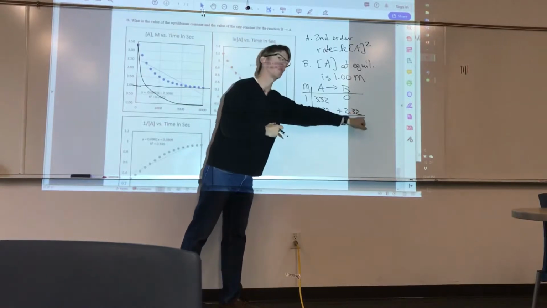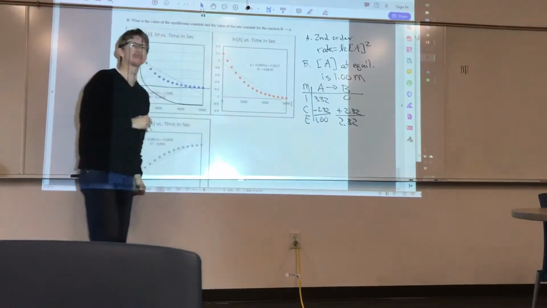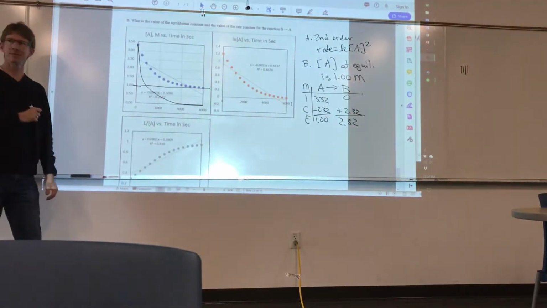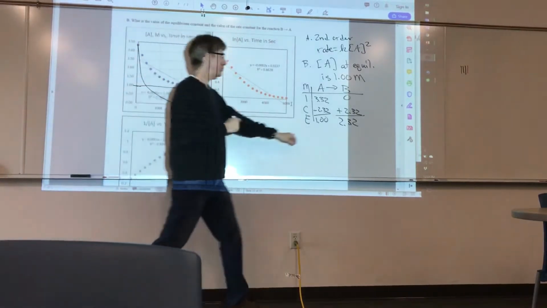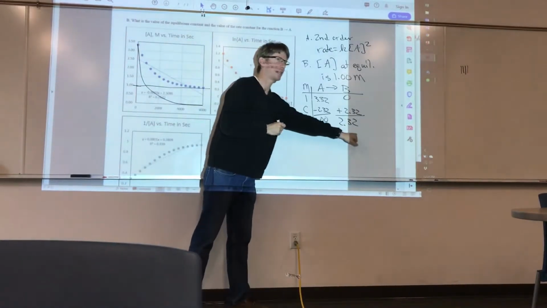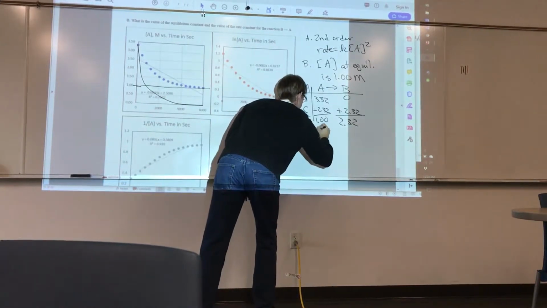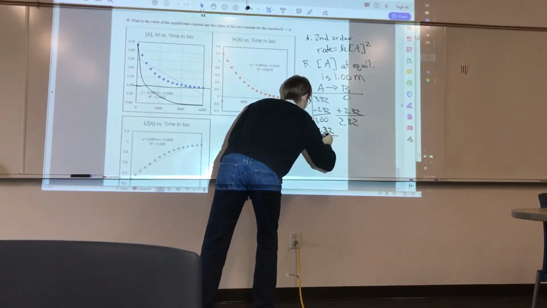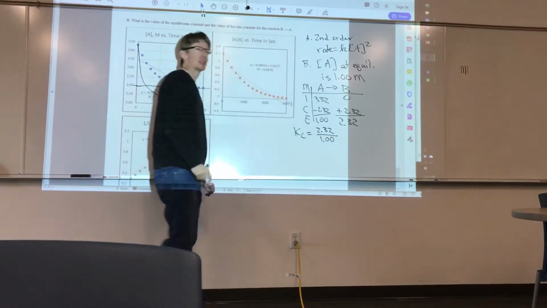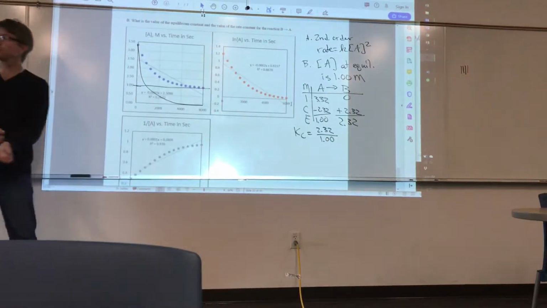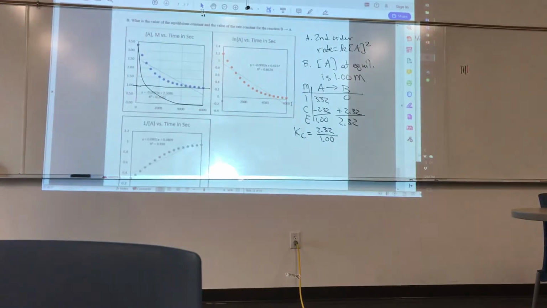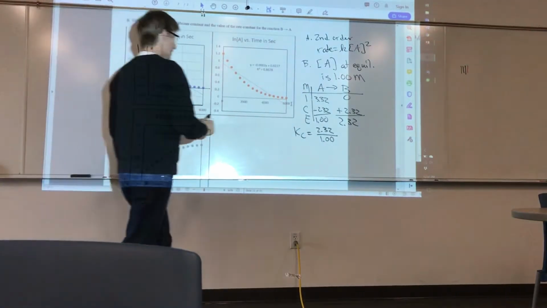And the changes are always related. Well, if you have equilibrium values for each of these, then you can plug into the Kc expression, which should just be concentration of B over concentration of A, so you can find Kc. And if you can find Kc,